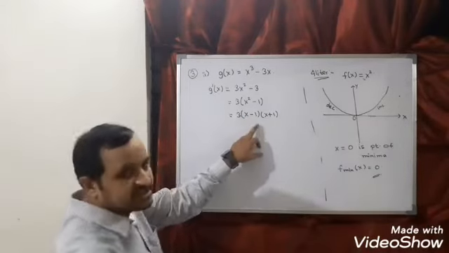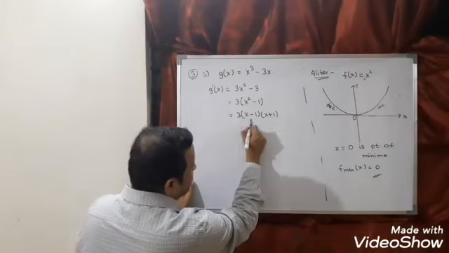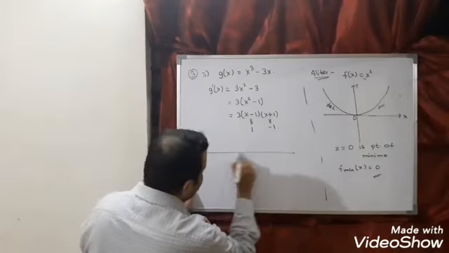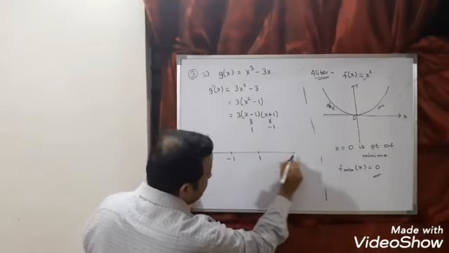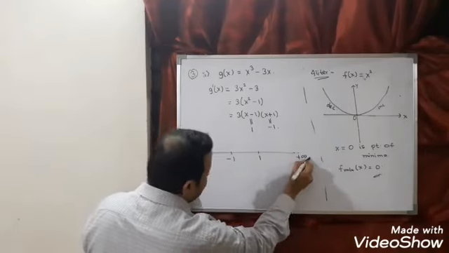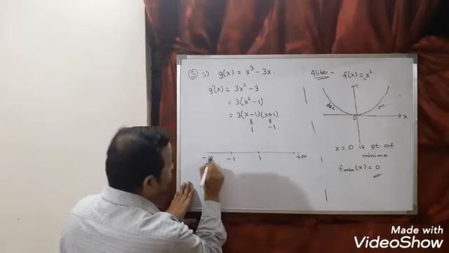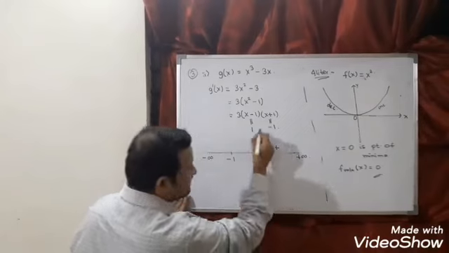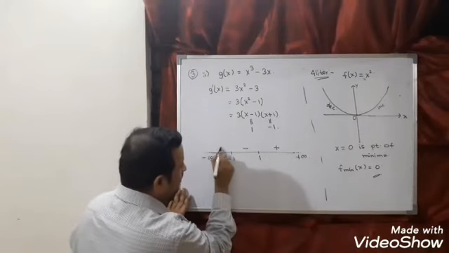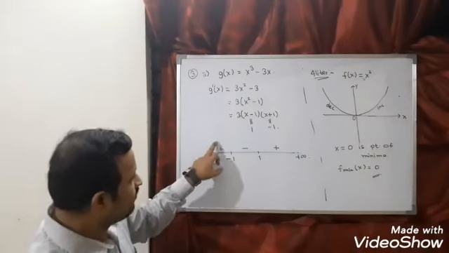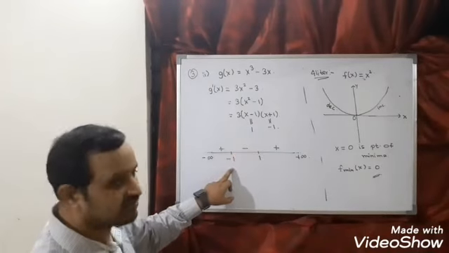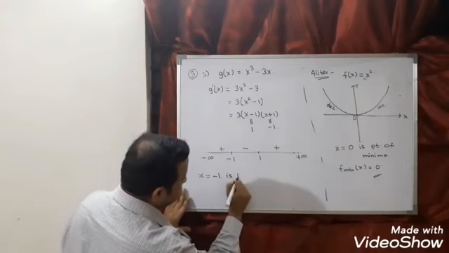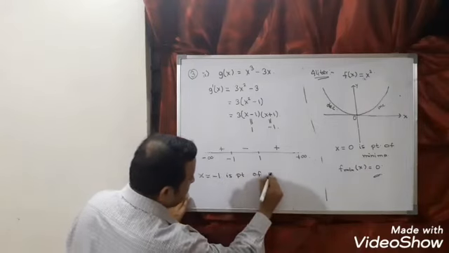Next step, coefficient of x is positive. So the critical point here is 1 and the critical point here is minus 1. So this I can say minus 1, this is 1, this I can say plus infinity and this I can say minus infinity. What is the outside sign? Plus. So plus will come. Since the critical point is not repeated, alternate signs will come. Now plus to minus, point of maxima. So here I can say x is equal to minus 1 is the point of maxima.